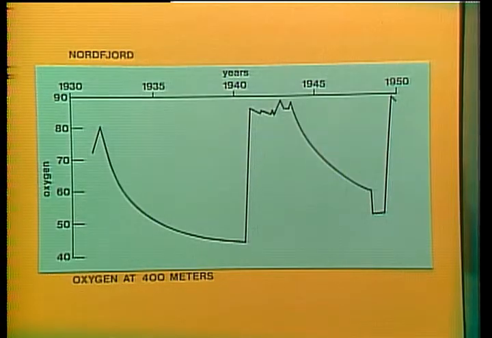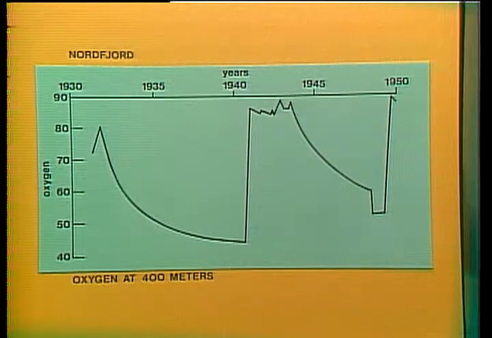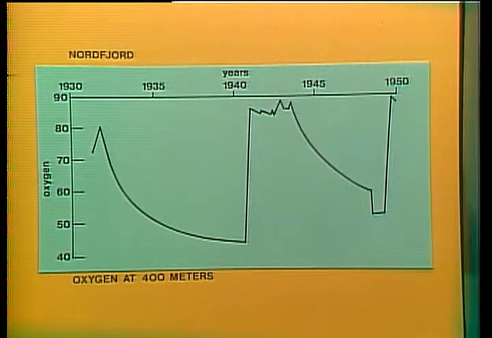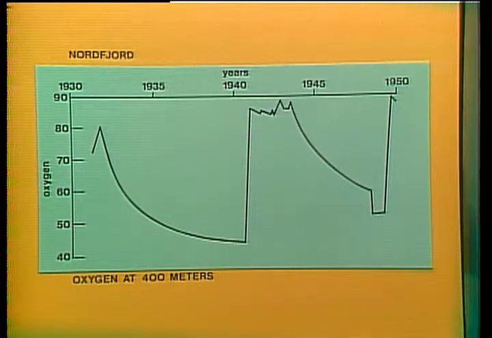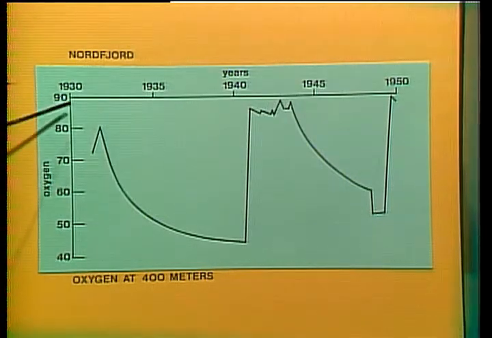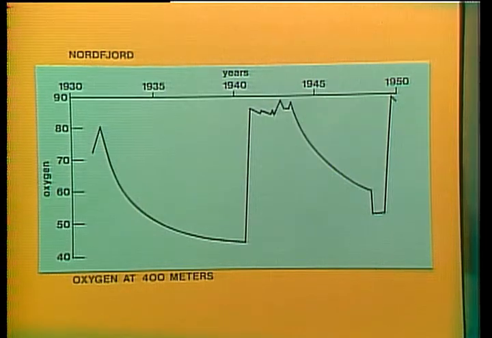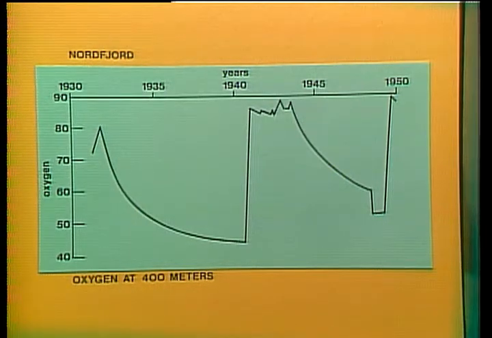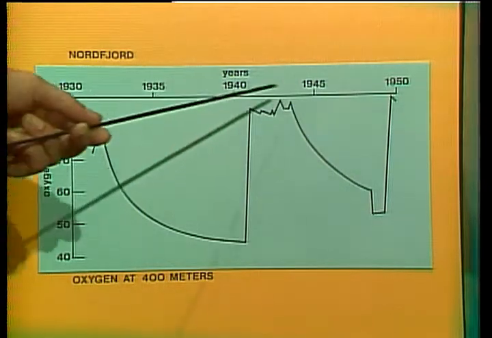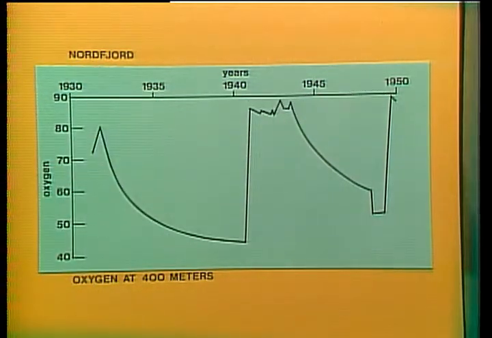One place where records have been kept for a reasonable length of time is in Norway at a fjord called Fjord. And here we have a little graph which shows the change in the oxygen in the bottom waters at 400 meters from 1930 through to 1950. Now, here we have oxygen. This is 40%, 50%, 60%, 70%, 80%, 90% concentration of dissolved oxygen. And this time scale is from 1930 to 1950. And as you can see,